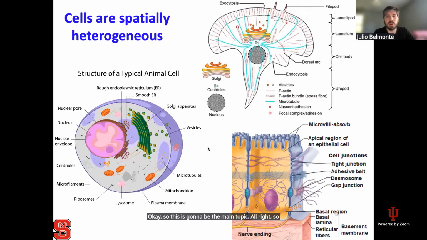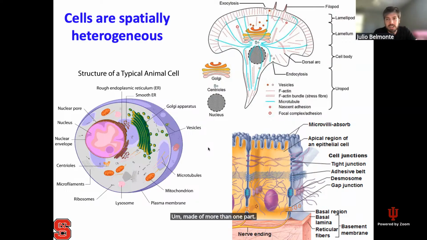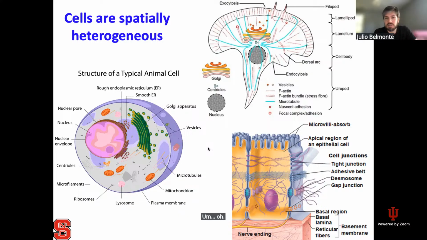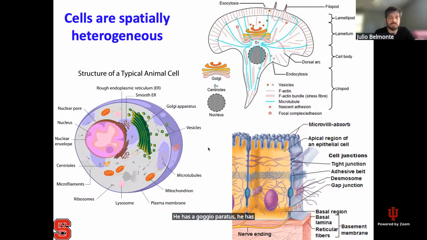So why do we want to model cells with different compartments, or made of more than one part? The answer is simply because cells are not just a blob of amorphous material. The cell has heterogeneity within it. For example, it has a nucleus and a lot of different compartments inside. It has a Golgi apparatus, mitochondria, a membrane, a cytoplasm. They have very different